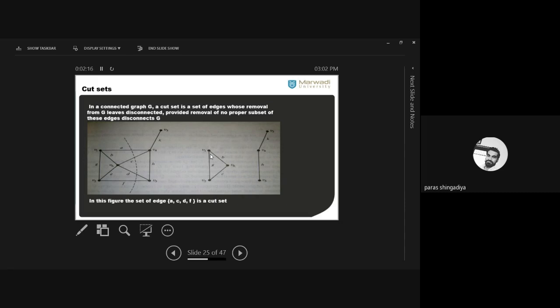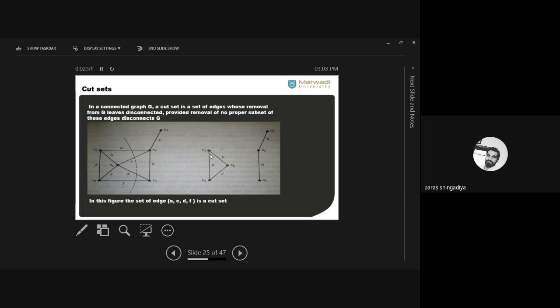Okay, and one graph is given here. You can consider any graph in place of that. That is for our reference on how we can consider a cut set. You can use any graph and derive some example. Clear? So here one example is given where we delete edges A, C, D, F. The dashed lines mean you have to delete these edges from the graph. That is your main graph. And after deletion of these 4 edges, we get these two partitions.